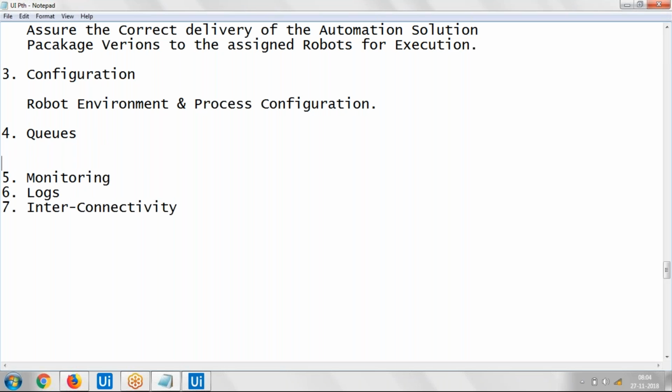Queues, again, this is one of the important parts. Even while developing the robots, developers will be using these queues. So that is the reason we have to know about these queues, and it is very important from the interview point of view as well. Queue size is nothing but